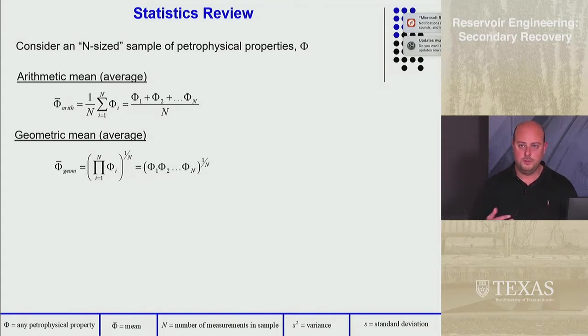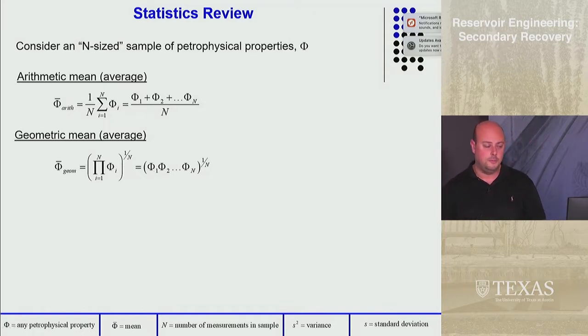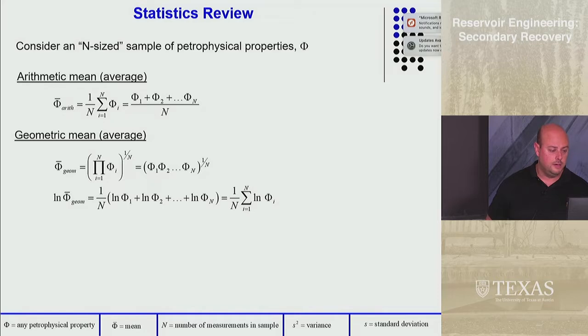Now the average should always be greater than the minimum and less than the maximum, but you'll get a different answer over here. There's another way to do this, and that is to take the logarithm of both sides. If you take the natural logarithm over here and the natural logarithm over here, then our rules of a logarithm say that this 1 over n could come out in front, and then when you do the ln of a times b, it's equal to the ln of a plus the ln of b. So because of that, if you do a natural log